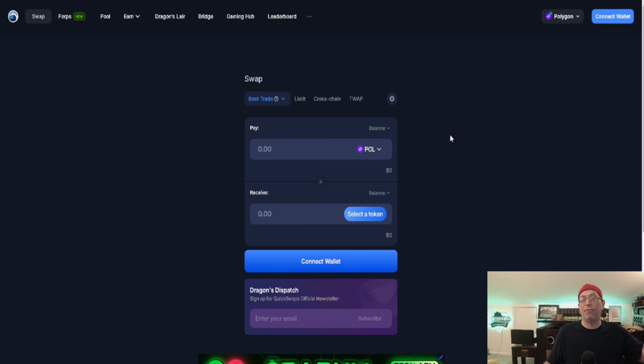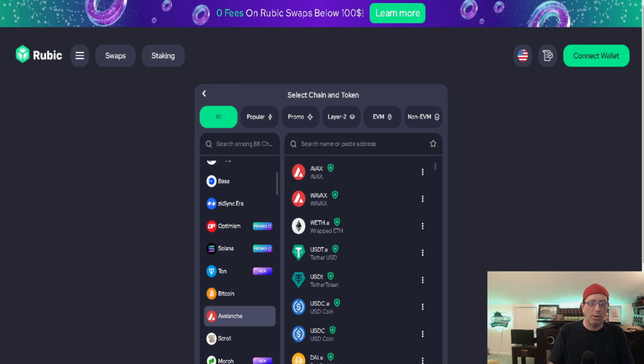Now, if you want to go from the Avalanche chain to the Binance chain, for instance, that's where we're going to get into it over here on a site called Rubik. Now, this is how you fund your wallet, and this is something that you're going to definitely want to do. Like I said in the beginning,